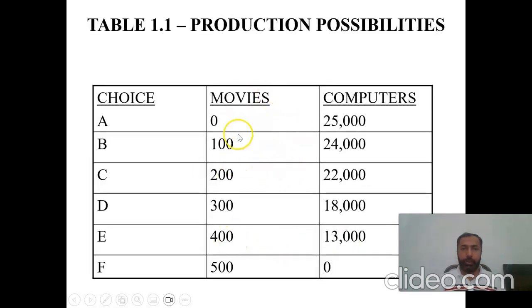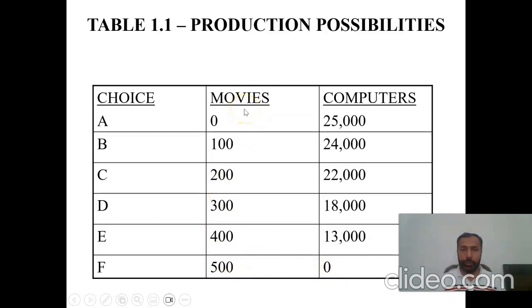If these assumptions hold, we can see this example. Here, the two products which an economy can produce are assumed to be movies as product 1 and computers as product 2. Now, if the economy employs all the resources in the production of movies, they can produce a total of 500 movies, but in that case, they will be producing zero computers because all the resources have been used in the production